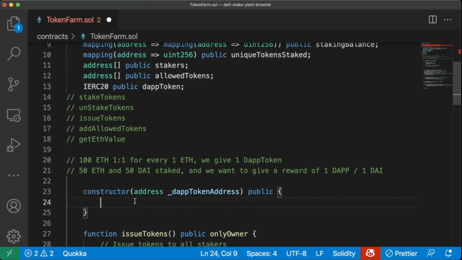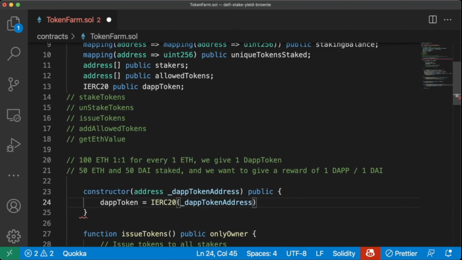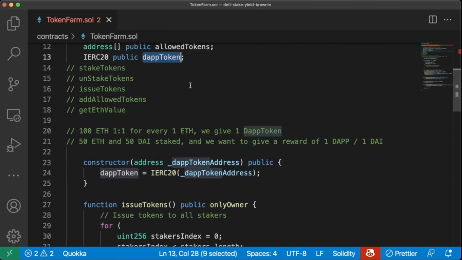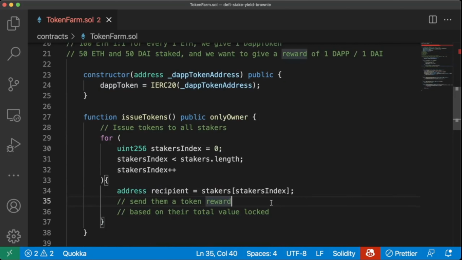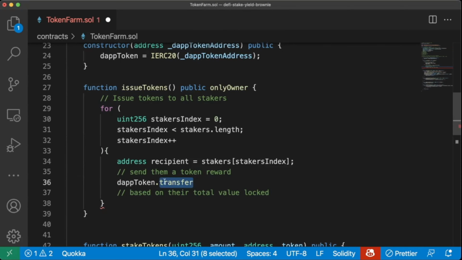What we can do now is set DApp token equals IERC20(dappTokenAddress). So now we have this DApp token with its associated address. And what we can do now is call functions on it. For example, we can call dappToken.transfer. We can call transfer here because our token farm contract is going to be the contract that actually holds all these DApp tokens. And we're going to send this token to